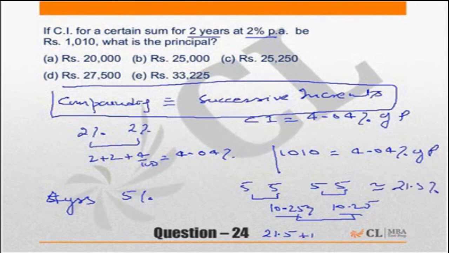So when you have a high amount of compounding required, yes, thank you, Nirmal. This is not 21.5, it is 20.5. So yes, I did it correctly earlier, but here I did it incorrectly. 20.5 plus 1, 21.5%. Okay. So please remember, compounding can easily be replaced by successive increment. So a stupid formula of A plus B plus AB by 100 will work here also. Okay. Just to close this question,